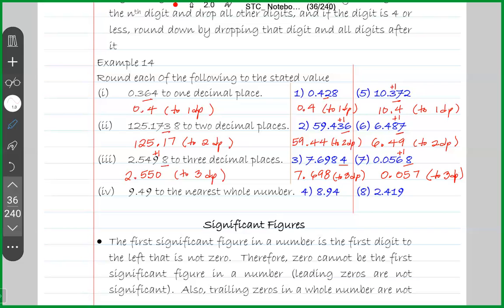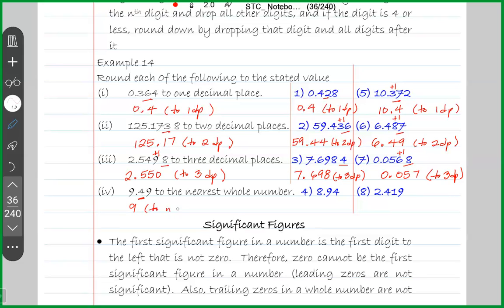Now, finally, let's round some decimal numbers to the nearest whole number. Whenever you write a number to the nearest whole number, that number must not have any decimals in it. So I must consider the digit that is the first decimal place. If the digit I'm considering is 5 or more, I'd add 1 to the whole number. If it is 4 or less, I would drop it and every digit after it. In the number 9.49, the digit that is the first decimal place is the 4. So to the nearest whole number, I would drop that digit and every digit after it. The answer is 9